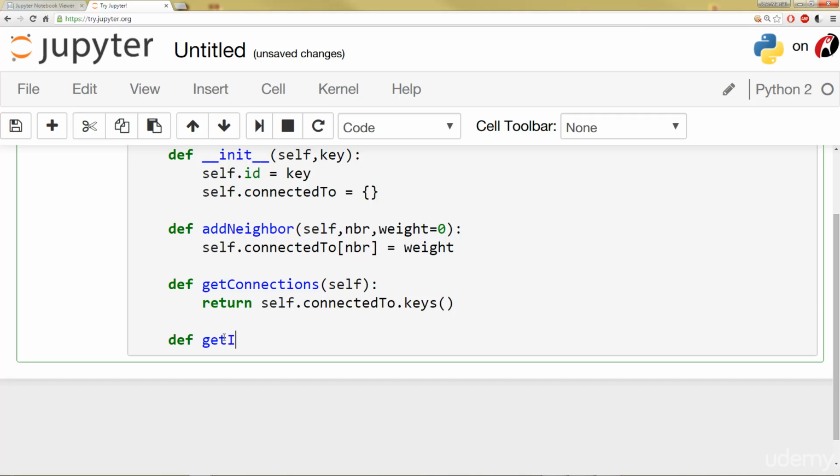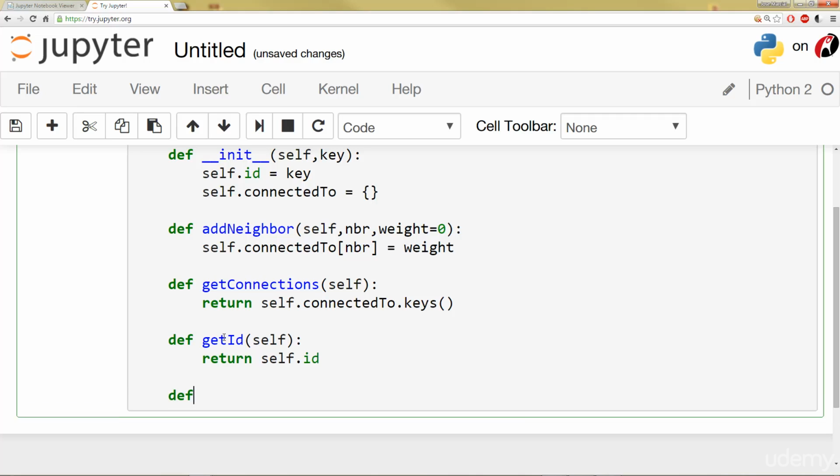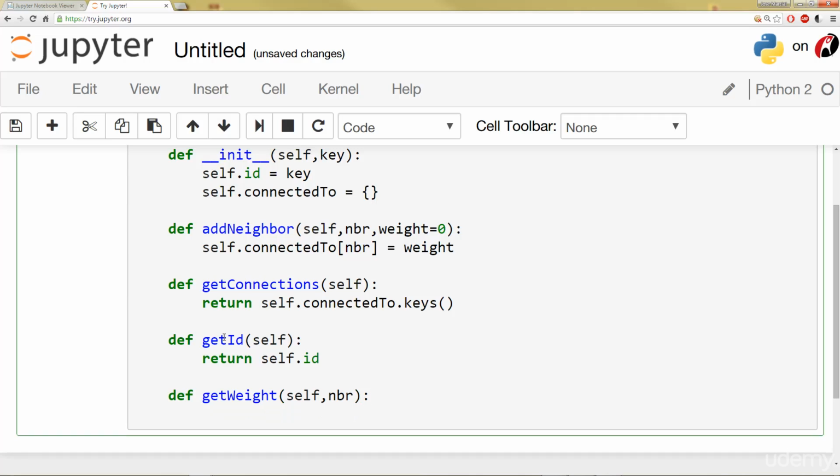We'll say get_id, take in self, and that's just going to return self.id. One more method called get_weight. That will take in self and a neighbor, and then we'll return that weight. So remember that weight is just the value at that key, so we can essentially just copy that and say return